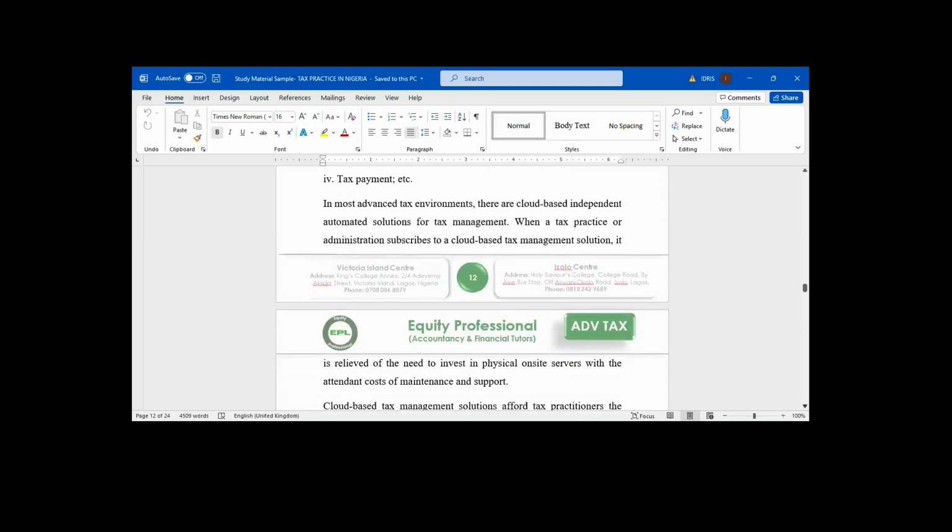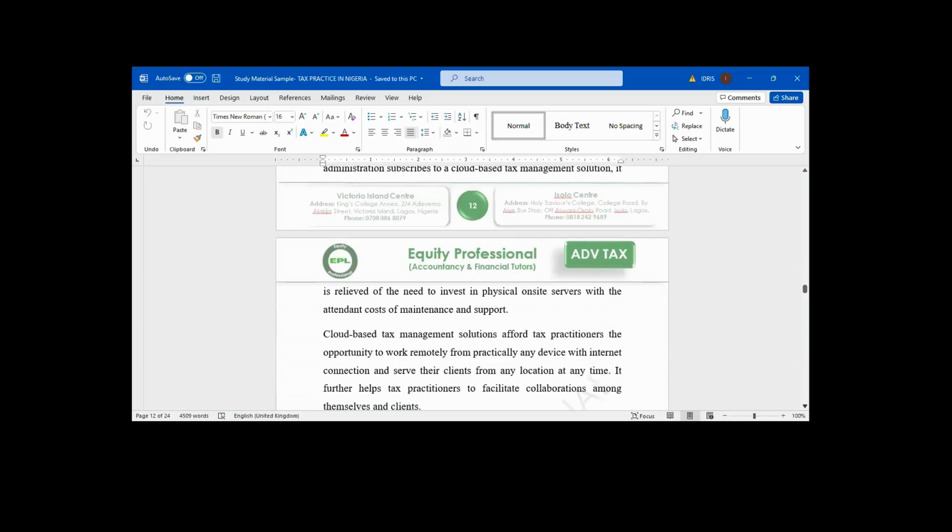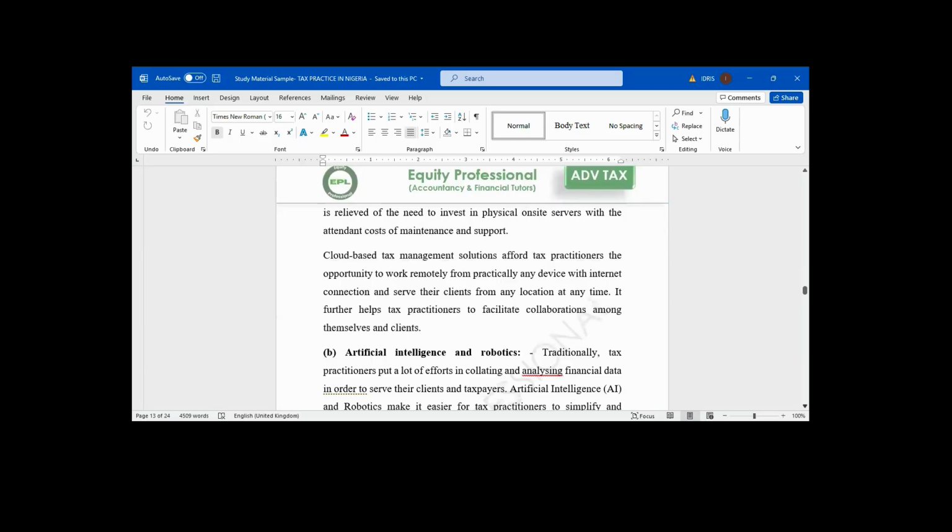We use it to save information on the cloud using some management software, though saving information on the cloud is not free. As a tax practitioner too, you don't need to be carrying hard disks, with your office full of working papers. Life has gone beyond that, my brother. You need to subscribe for cloud and save your client information on the cloud. When you need the information, you can access it anywhere since you know the login details to the cloud.